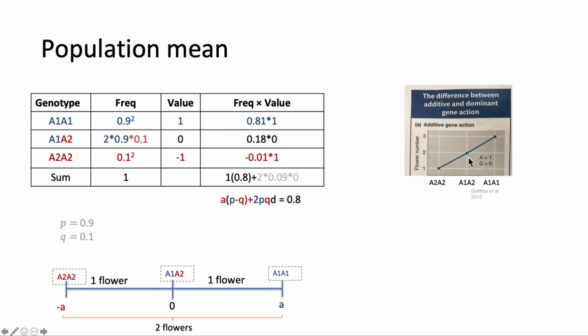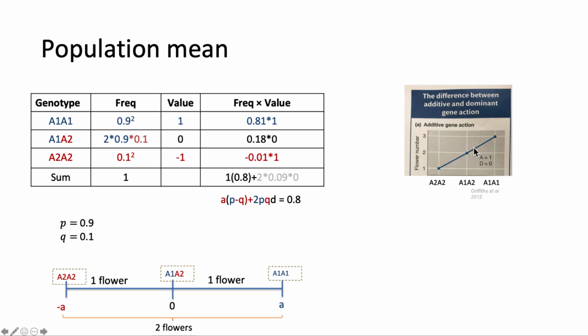And what happens if now we have different allele frequencies in the population? I want to point out that this is so important, because with different allele frequencies we're going to estimate a different population mean. So I did the same as in the previous slide. I just changed the allele frequencies in the population, and now again this is a gene with an additive